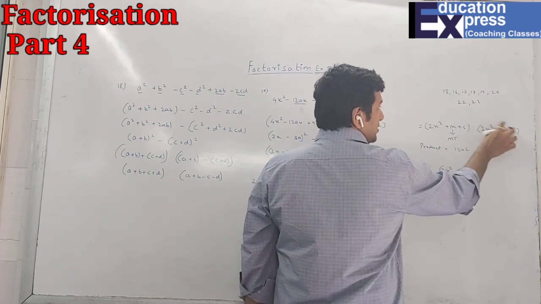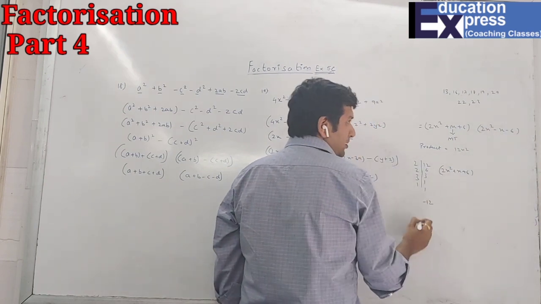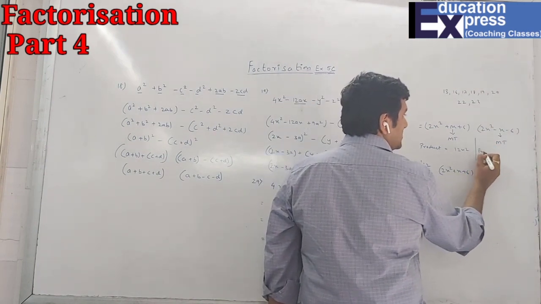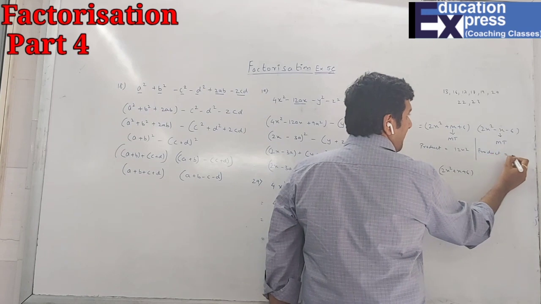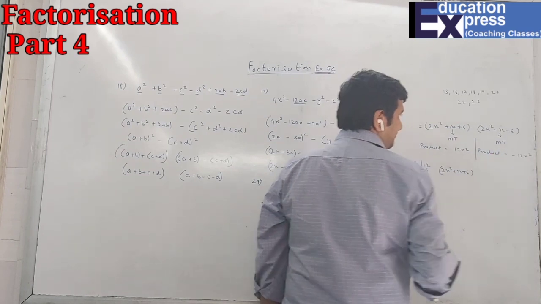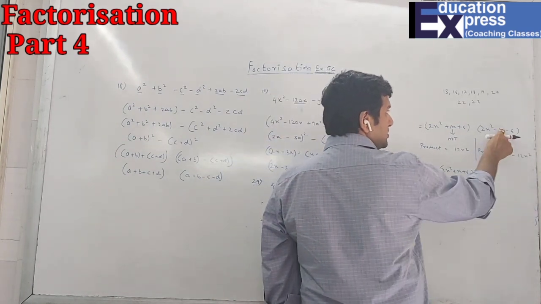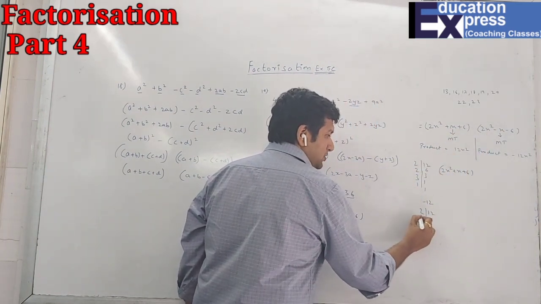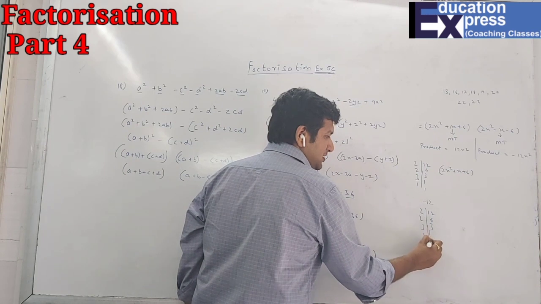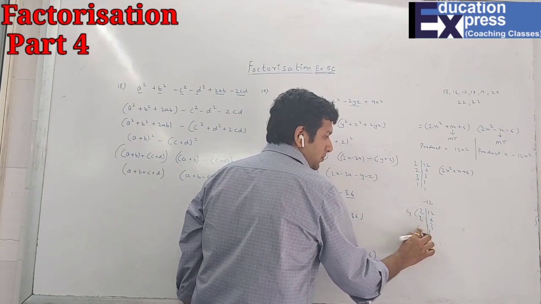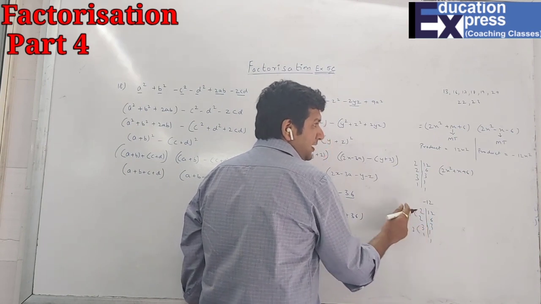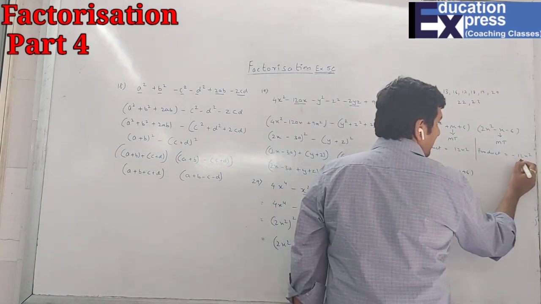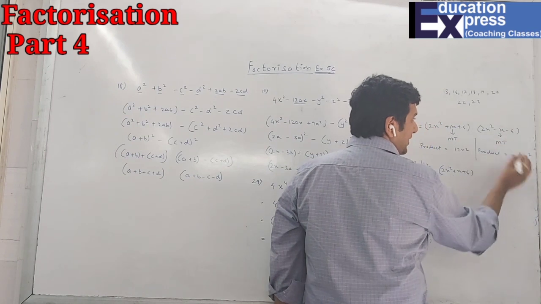What about this? 6 2s are 12, and the middle term is x, product is minus 12x square. So minus 12, we have to subtract two numbers to get only 1. Will you try? 2 6s are, 2 3s are, 3 4s are, and 1 12s are. 4 and 3. Yes, if you subtract, you can get 1. So obviously, the bigger number gets the negative sign. The bigger number will get the negative sign.